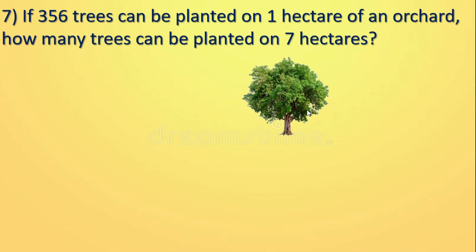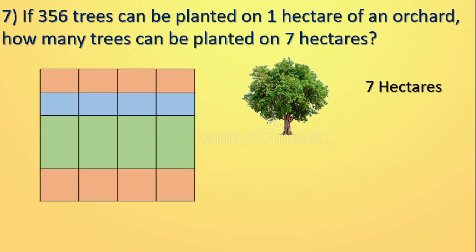In that one hectare area. Okay, and 7 hectares of land. Yes, again here multiplication, isn't it? So 356, that is 3 digits, by 7, that means 1 digit. So we will make a table. Units, tens, hundreds, thousands. Okay, here we will write 356 multiplied by 7 in the unit place. Okay, we'll start.